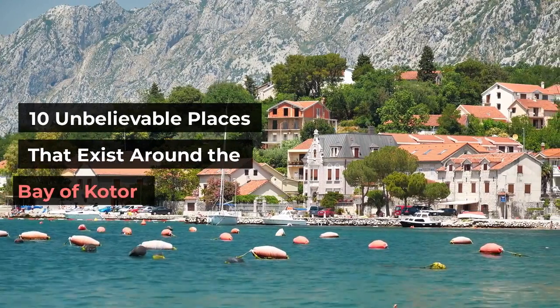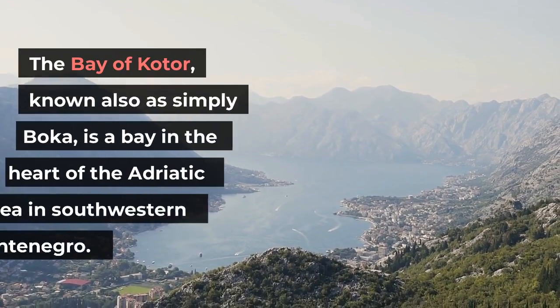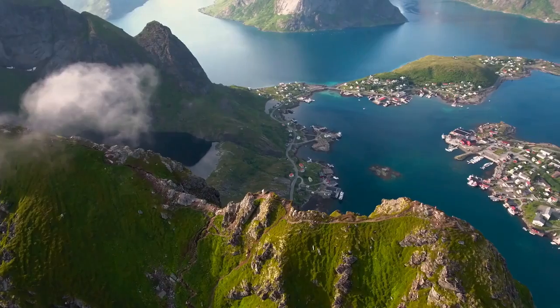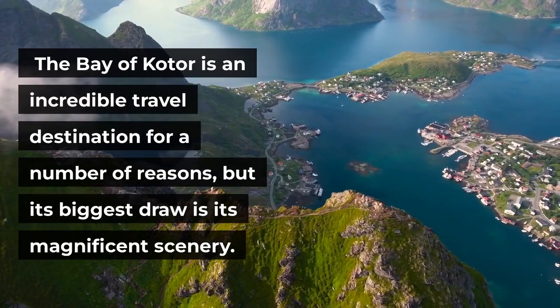10 unbelievable places that exist around the Bay of Kotor. The Bay of Kotor, known also as simply Boka, is a bay in the heart of the Adriatic Sea in southwestern Montenegro. The Bay of Kotor is an incredible travel destination for a number of reasons, but its biggest draw